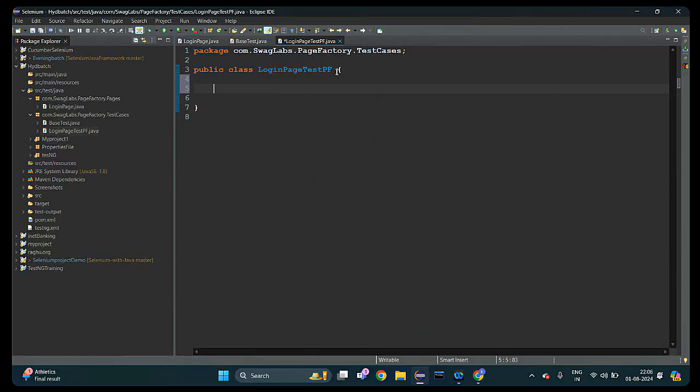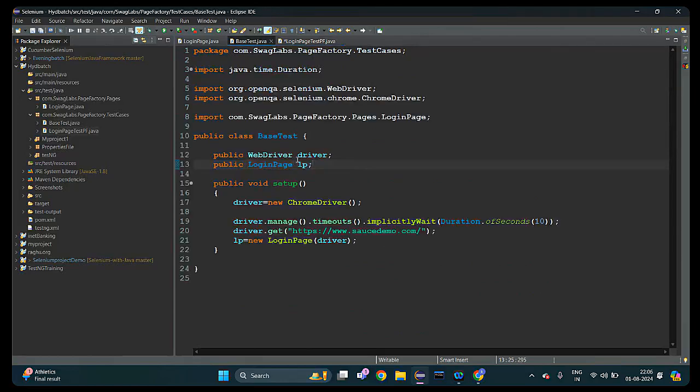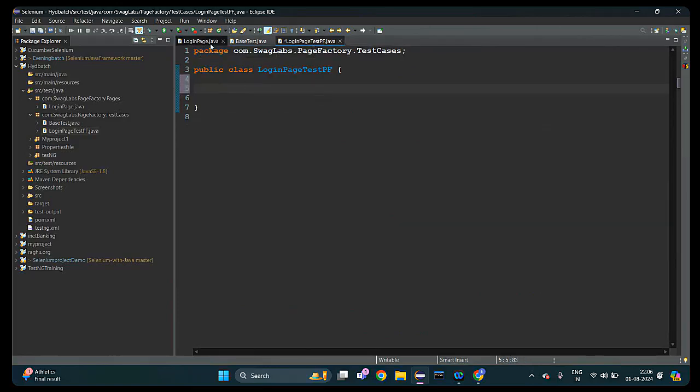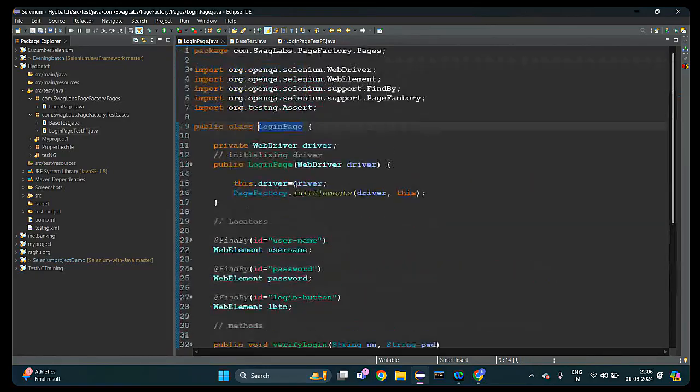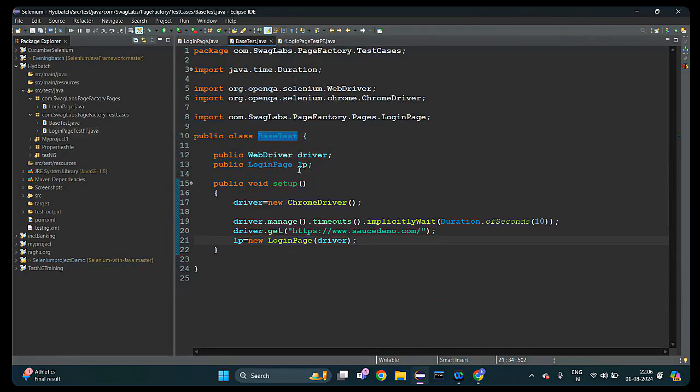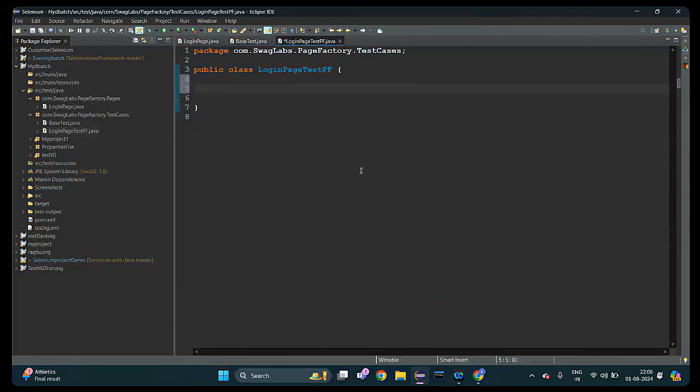Where is our page setup and all this? It is available in the base class, right? The page setup is available in the base class, and the object is also created. Whenever the object is created, only then will this constructor get executed and the values get initialized. As and when the object gets created, the constructor will initialize the values for that. So now what we are going to do is